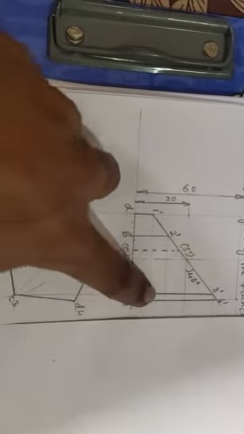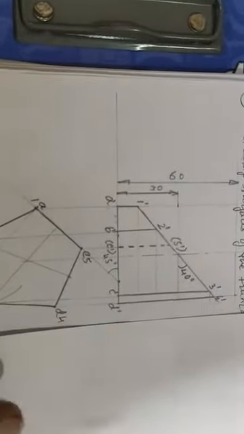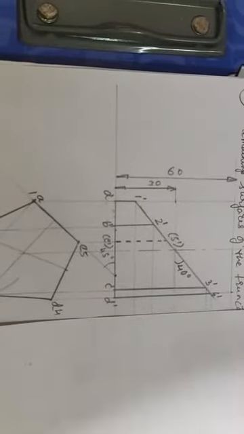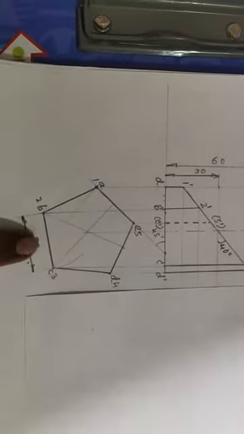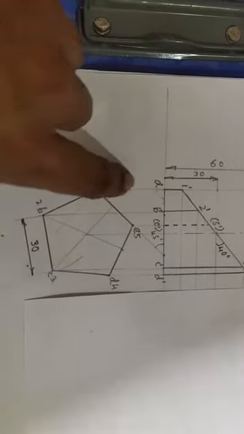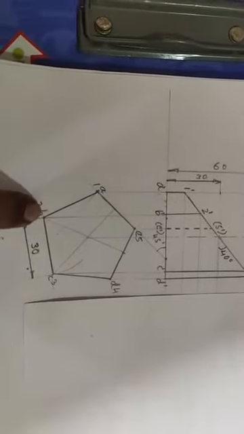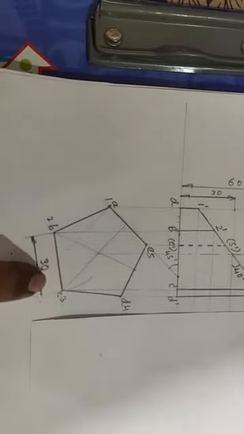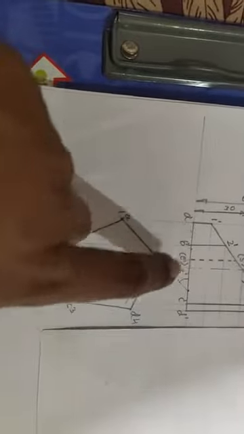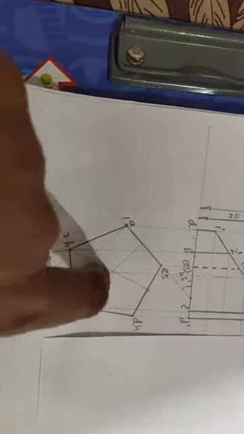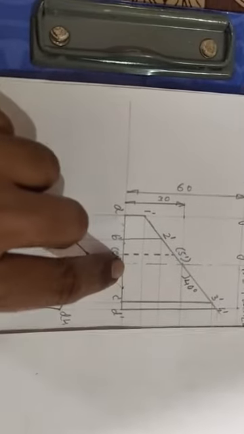So first let us draw the front view of the uncut prism, that is before we do the development. So the observer is over here. You draw the lines here. Project line A, project line B, project line C, project line D, project line E. So you know how to get the axis. You draw the axis line. So all A, B, C, D, E and the axis point you have got.